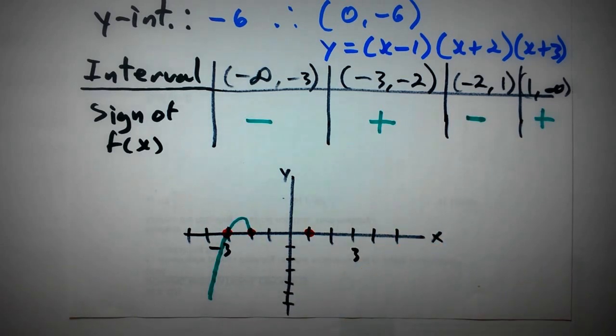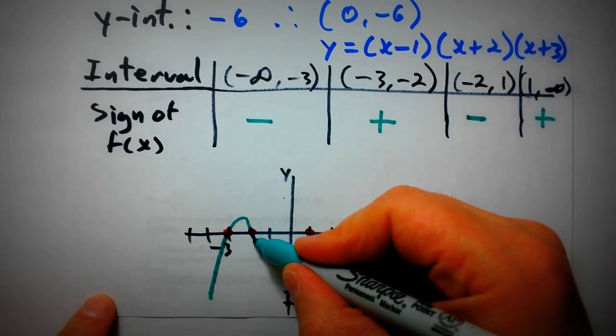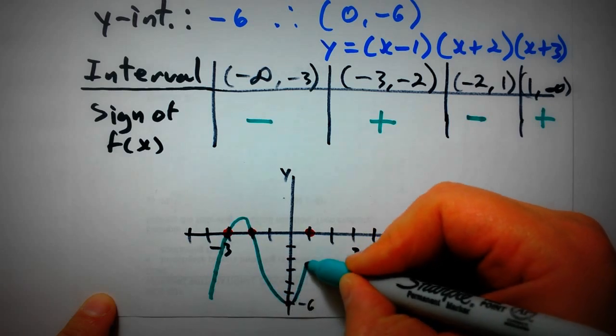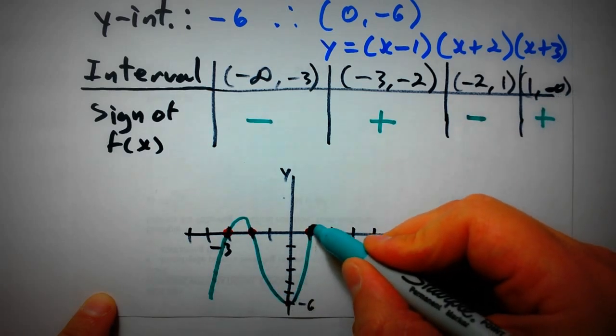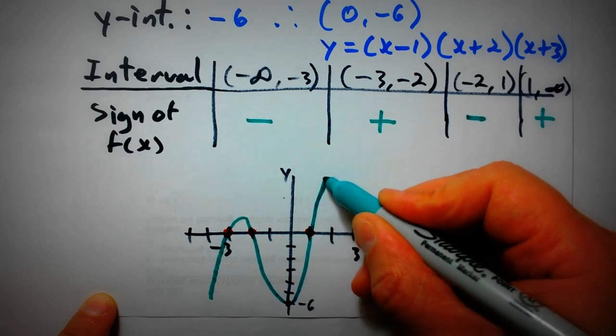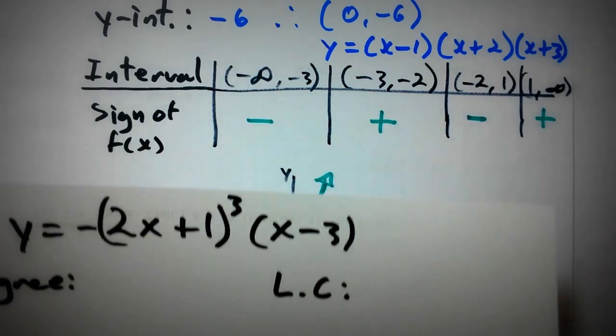Let's write -6 here and make the line go through that, and then it goes up through 1 again, and from 1 to positive infinity it's positive. Okay, so that's a rough sketch of our first example. Let's look at our